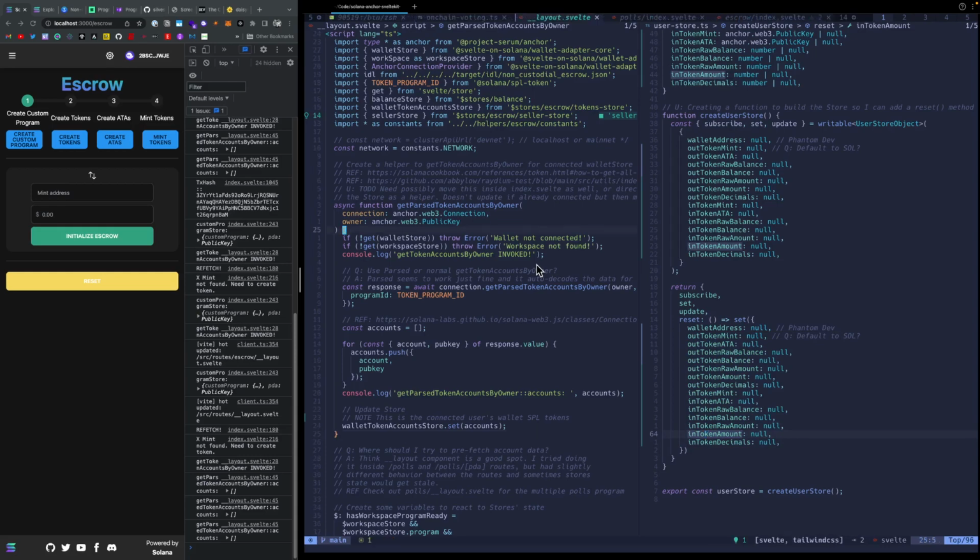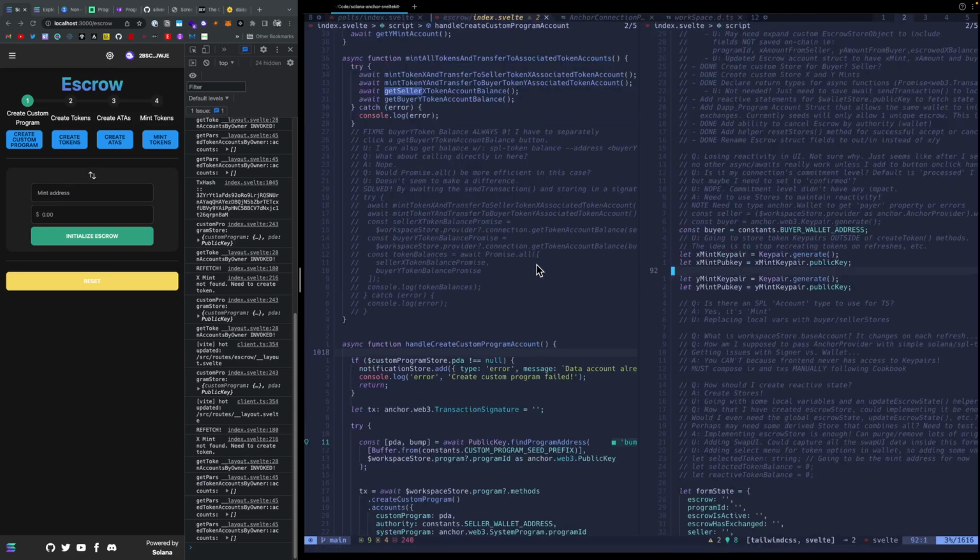And here I've got this helper, which will still fetch and update this. So between the user store and the wallet token account store, I should be able to have what I need. That could work. Okay, so I'll save that. Now, for development testing, I still need to mint these tokens, X and Y tokens, and I need to create the associated token accounts and all that. So what I believe I'm going to do